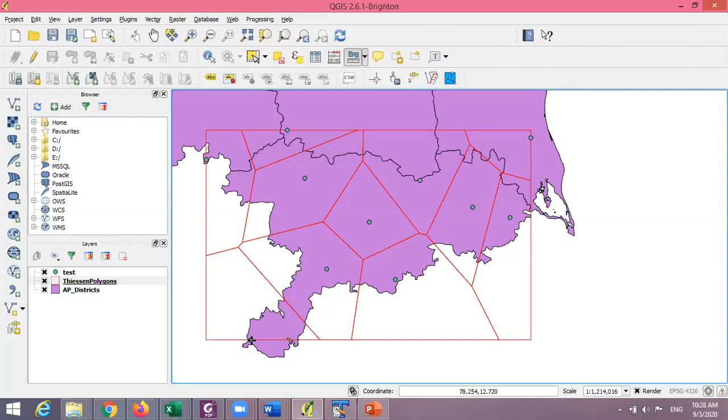Then you will have a table showing A1, A2, A3, all the areas of your Thiessen polygons. You will sum them all up and show the total area of your district, whatever district you have picked. And then you can compare your total area with the Google total area of the district. Show that, see, I created my Thiessen polygons and I'm getting 15,500, whereas Google says it is 15,600. So I'm pretty close. Don't worry if it is not; if it is within a few hundred square kilometers, I'm fine with it. You don't have to get it down to the last decimal place.